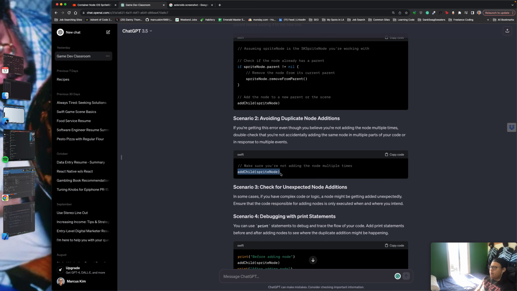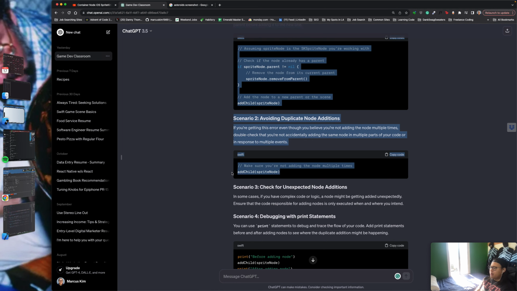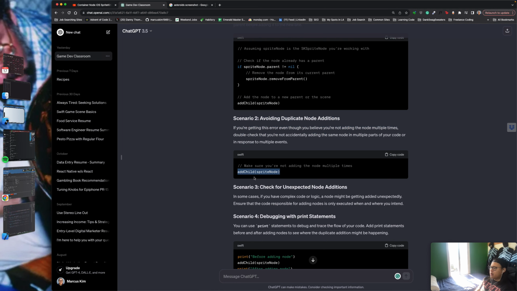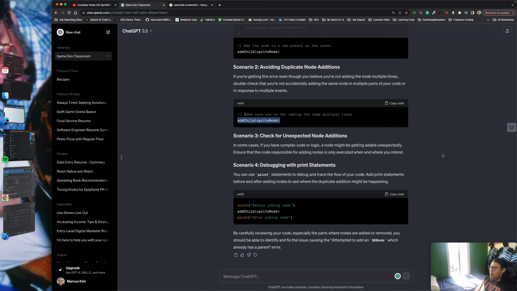So this is a little vague, but I'm guessing it's trying to communicate to only call add child once. So that's exactly our problem. We want to call it multiple times. It's telling us not to call it multiple times, but we want to call it multiple times. We just have to figure out how to call it multiple times. So